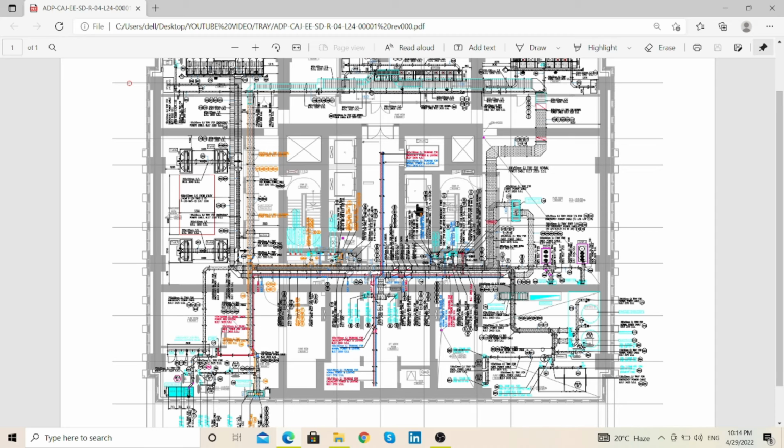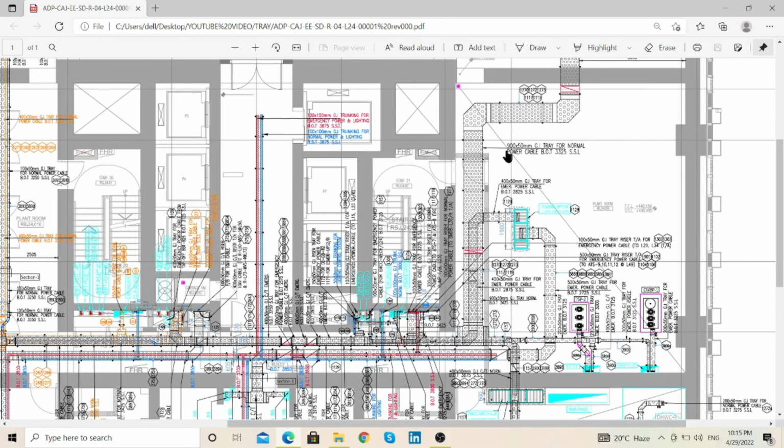Guys, now come to the drawing parts. This is the tray layout system drawing. This is the tray layout you can see here, and this is also a tray layout you can see here. If you see in the drawing, this is the perforated type tray and this is the ladder type tray. Almost the ladder type and perforated type are used in the construction field. If I zoom, you can see everything is mentioned there. This is the 900 by 50 mm tray, perforated type. So 900 is the width of the tray and 50 is the height of the tray. So you can say the collar of the tray.